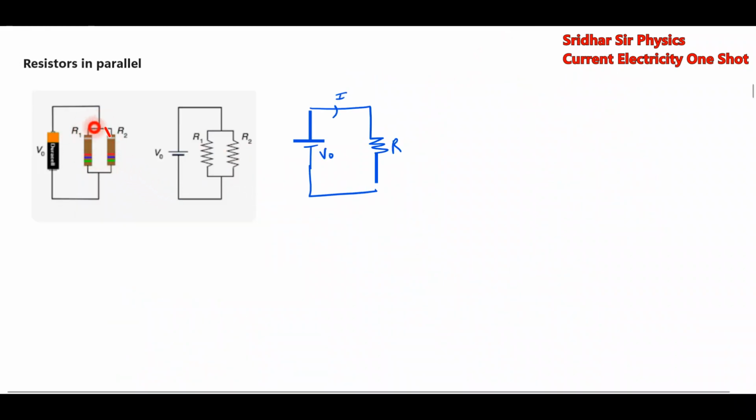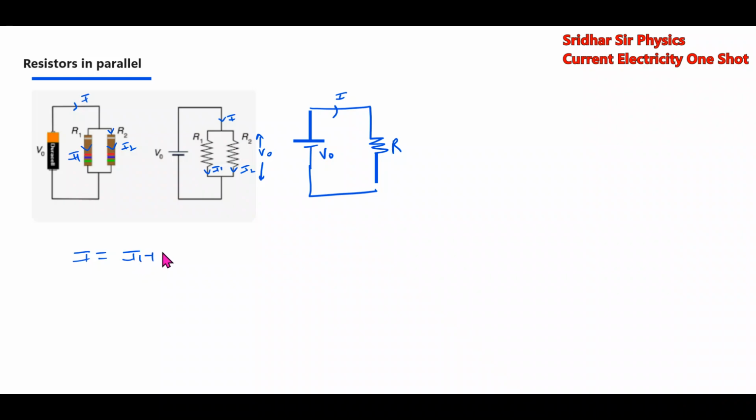We have two resistors. With the current flowing through them, if it branches, I2, I1. Here I'll indicate I2, I1. Then they are said to be parallel and there's a potential drop. What do you mean by parallel? The potential difference will remain common. If the potential difference remains common, then they are said to be in parallel. Then the effective resistance will be defined as